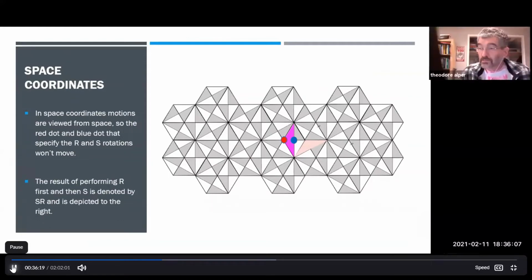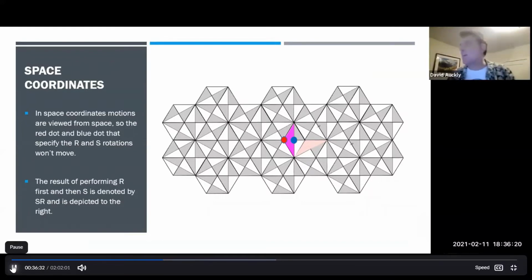So there's two ways to describe motion of this thing using, say, the R, which is the 1/3 rotation, and the S, which you could think of as switch, or S I might think of as sky blue and red, R is red. You can use space coordinates. So in space coordinates, what happens is